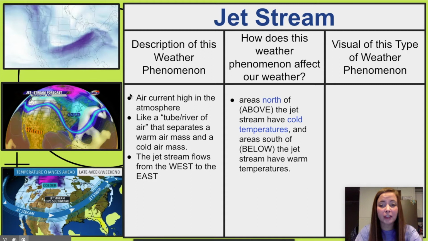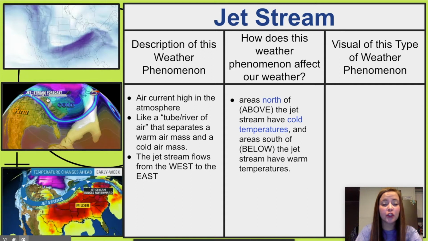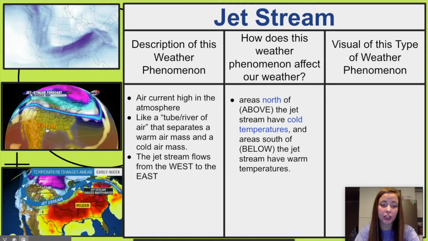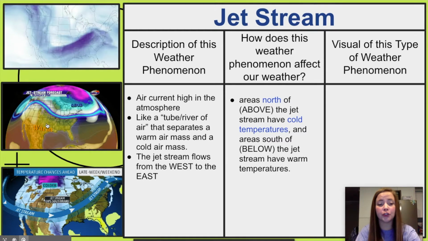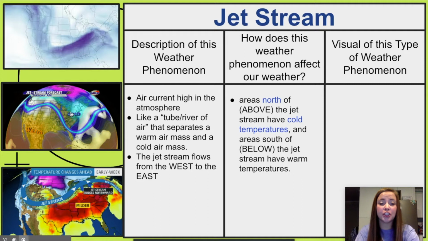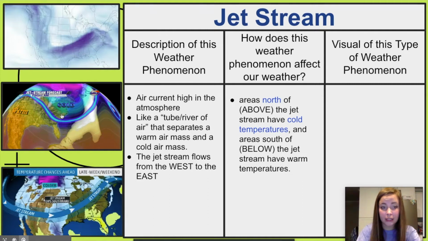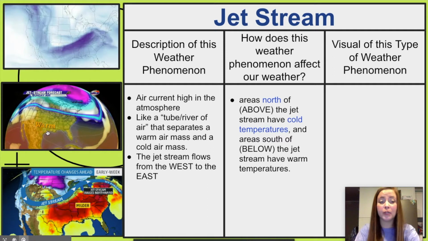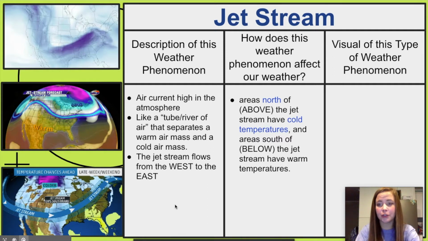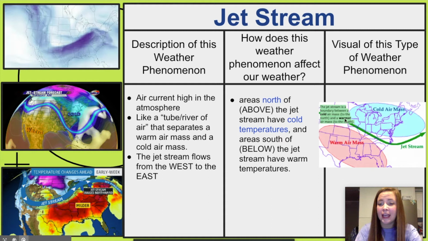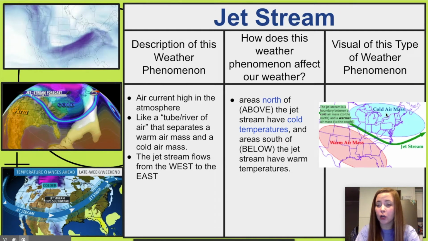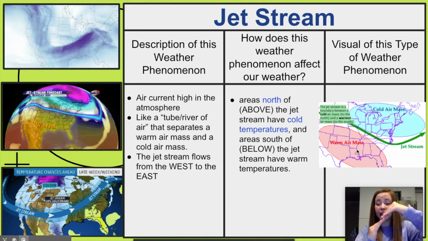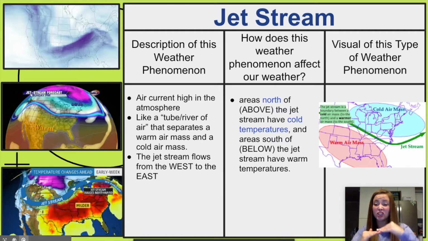So the jet stream impacts our weather because areas north of the jet stream experience colder temperatures and areas south of the jet stream experience warmer temperatures. So that means that when the jet stream dips down below us, we experience cold temperatures, but when it moves above us, we experience warmer temperatures. So again, it's that boundary between the cold air mass and the warm air mass, but it does tend to fluctuate and it changes its dip and its curve